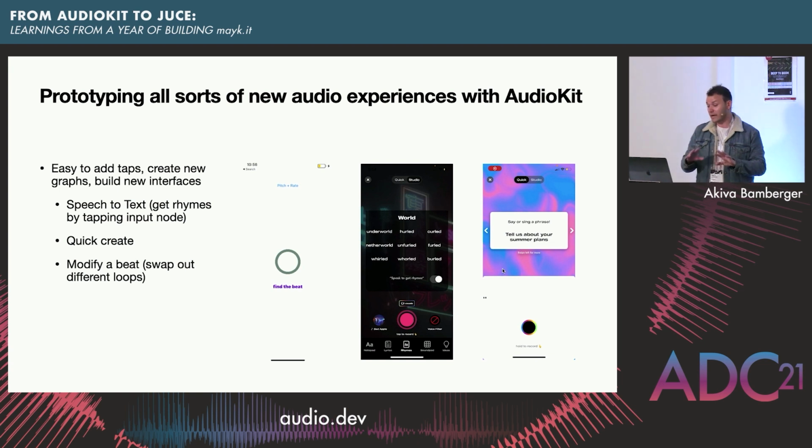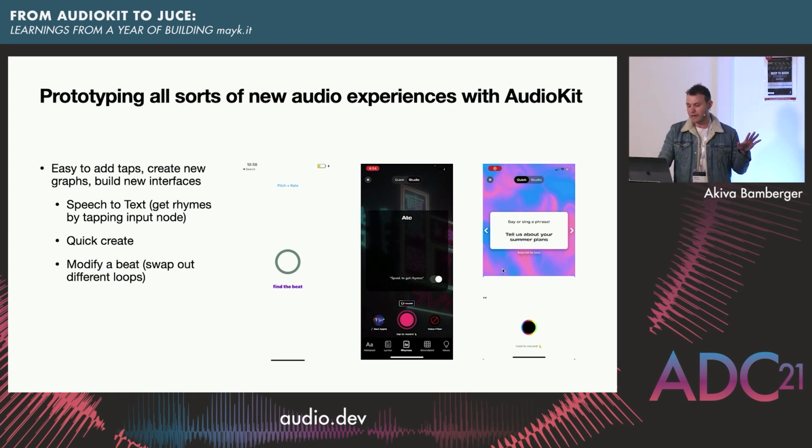Great. Anyways, we got really excited about AudioKit. This is just to show that you could do amazing things very quickly with it on iOS. So again, coming from the iOS developer perspective, less from the audio developer perspective, AudioKit's a dream. So we built a lot of different fun little rhyming tools so that users could easily rhyme, and there you just need to tap the audio input.